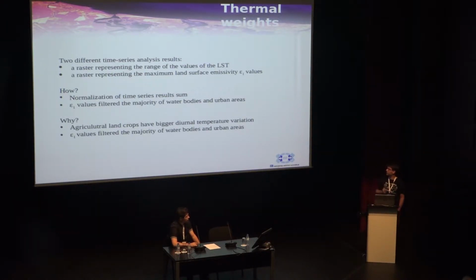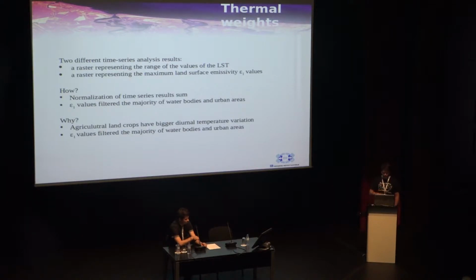So why did we do it? We did it because the land crops in general have bigger diurnal temperature variation. When you calculate the land surface temperature, the difference between the plant and the soil is not so big. But a classical grassland has not such a big rate of growth, so that difference remains constant through time. An agricultural field changes a lot, and especially in the planting time or in the biggest vegetation time, the differences are quite